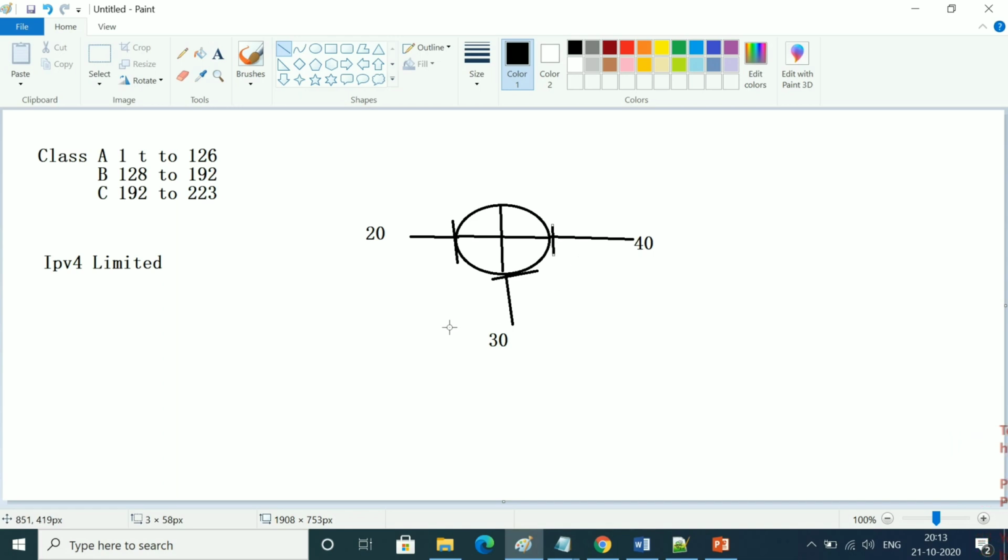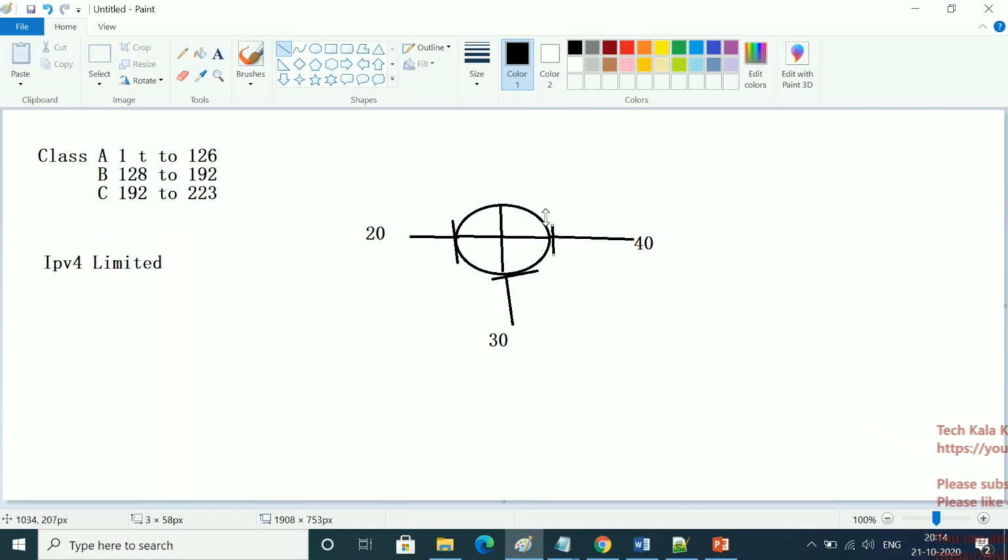Now you can see this is our infrastructure, like we are going to set up a live lab. We have one router, and we are connecting 20 servers, 30 servers, and 40 servers.